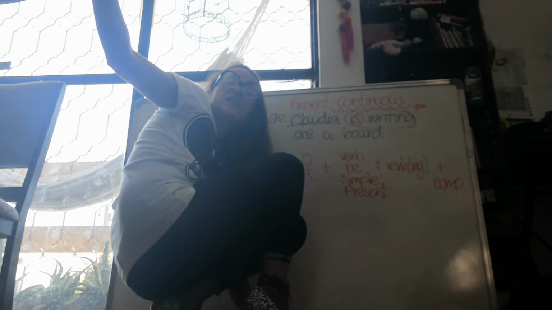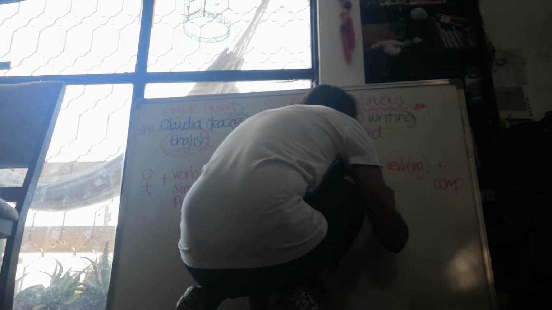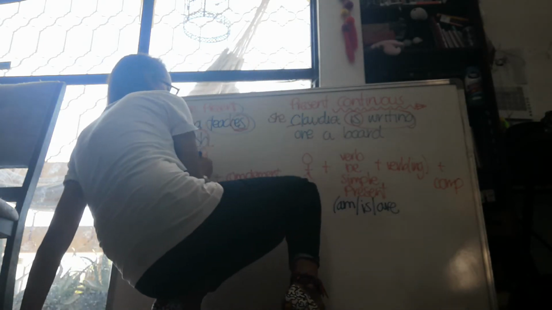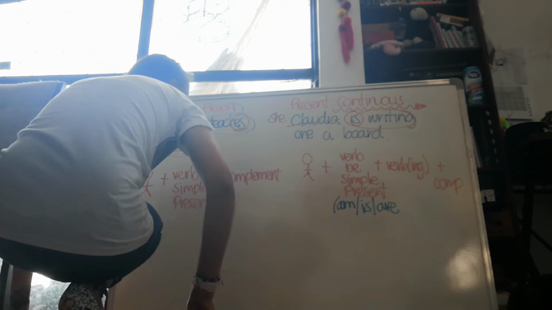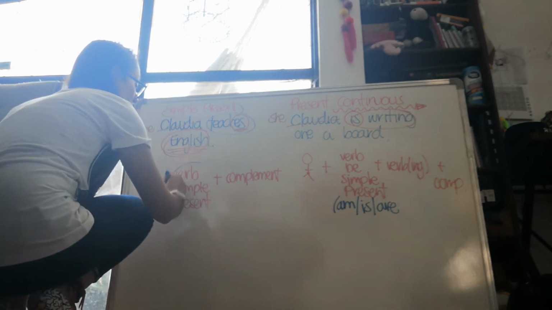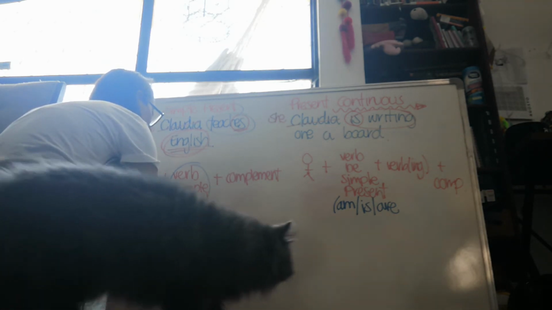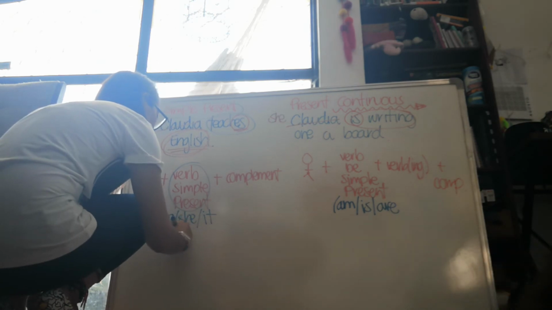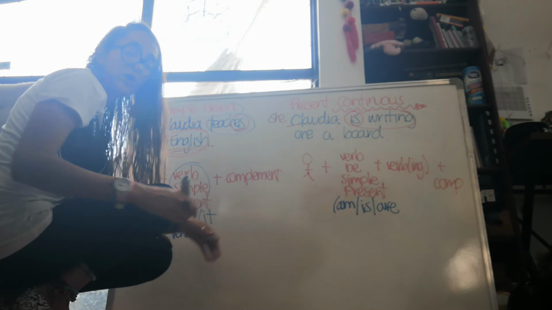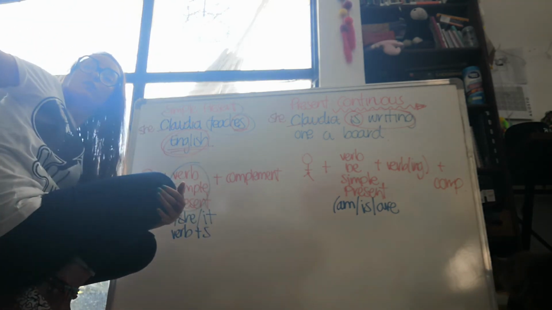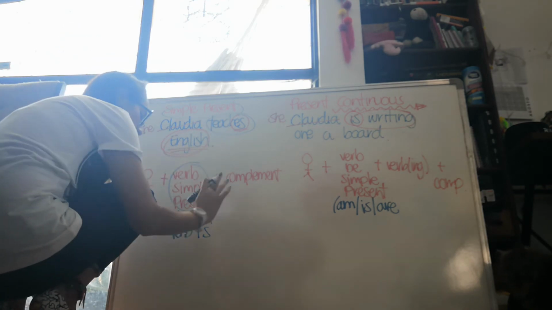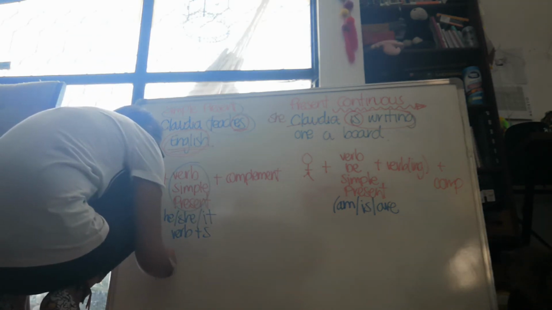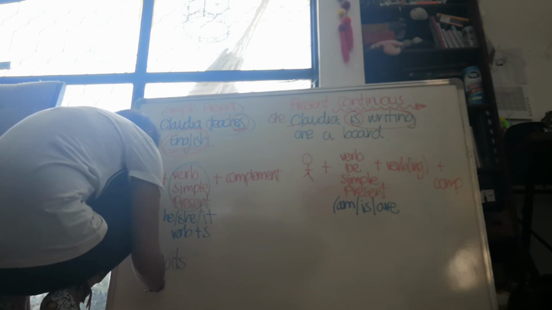Now, we already said, but I'm going to repeat it. This could be am, is, or are. It depends, right? After the verb, in the simple present, if it has he, she, or it, the verb needs an S. Earlier in the morning, we mentioned that we use them for different purposes. Basically, this one is used for habits, routines,